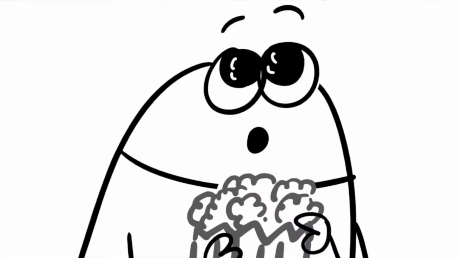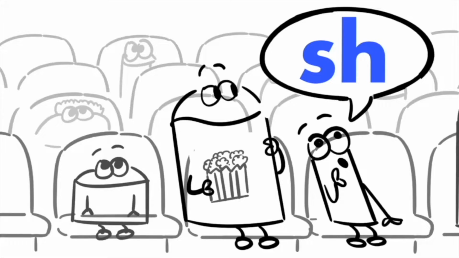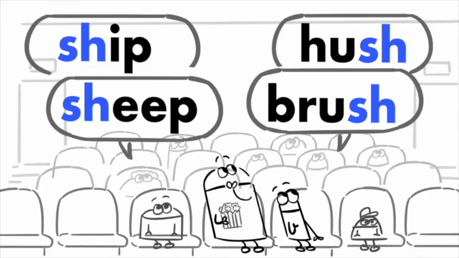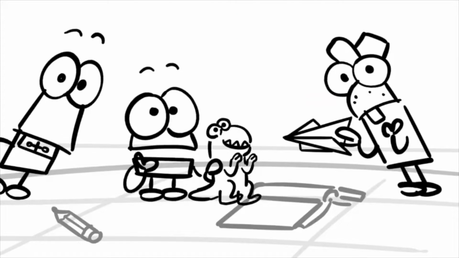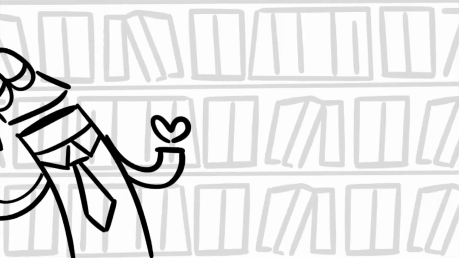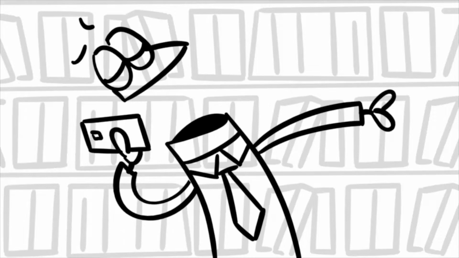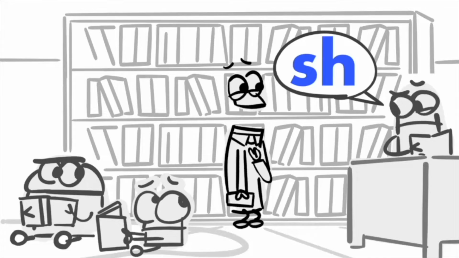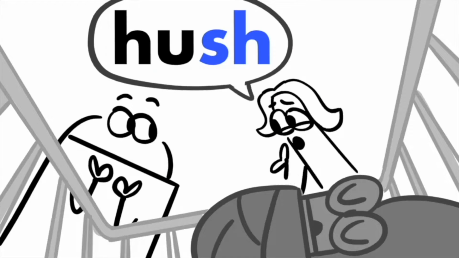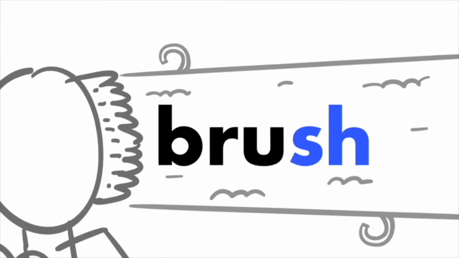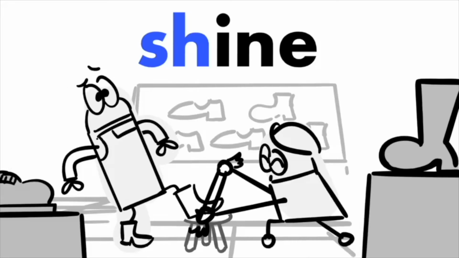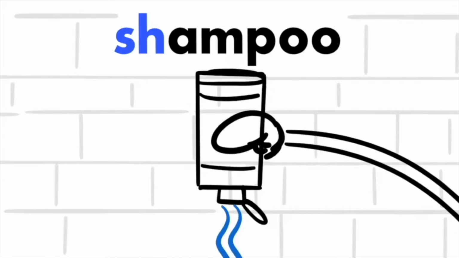When S is followed by H, you'll never guess what it makes. It's shh. You hear it in words of all sizes and shapes. You've heard that funny shushing sound when kids in the classroom horse around, or when someone shouts in the library and shh. Right, sorry about that. But shh has many more uses than telling someone to hush. Like when you wash a shaggy sheep, then finish with a brush. Or stop in a shoe shop for a shine, or shampoo cause it's shower time.